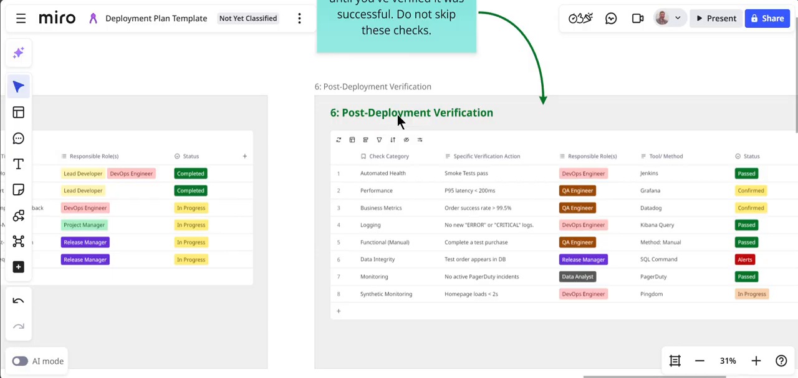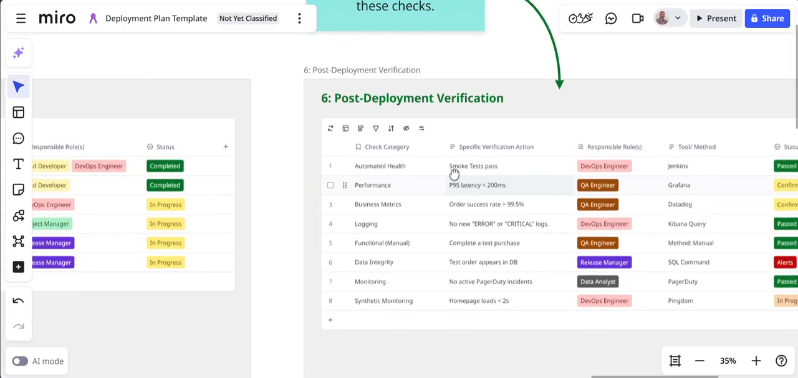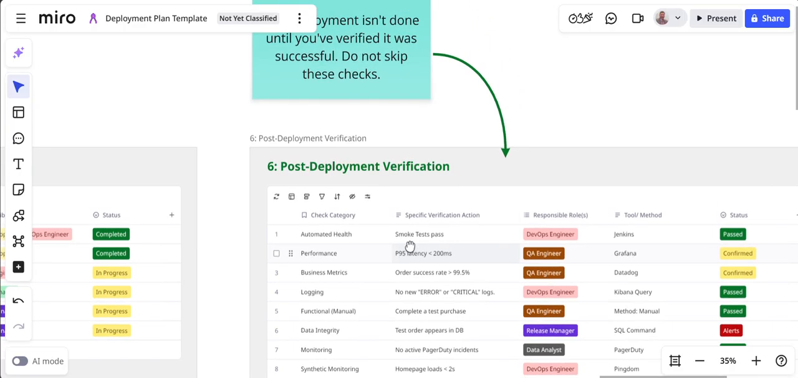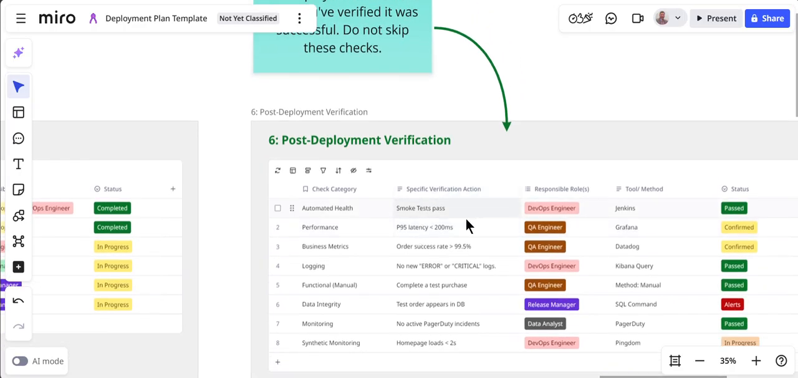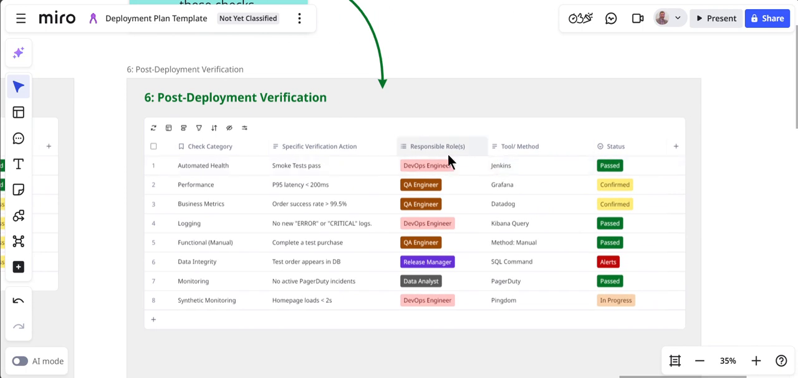Then comes the post deployment verification. This is the last section, and in this section, basically any deployment cannot be completed until and unless it is verified. For this post deployment verification, you'll be defining the check category, what is being checked, then the specific verification actions being taken, then the responsible person from your team for this particular action, then the tool